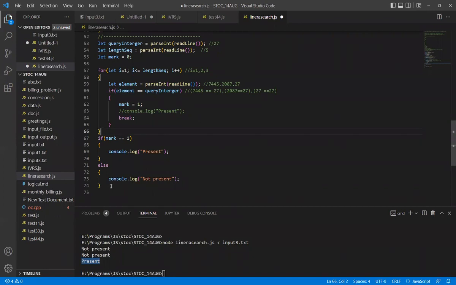62 line plus. Yes, you can do that also. Not a problem. Okay. So